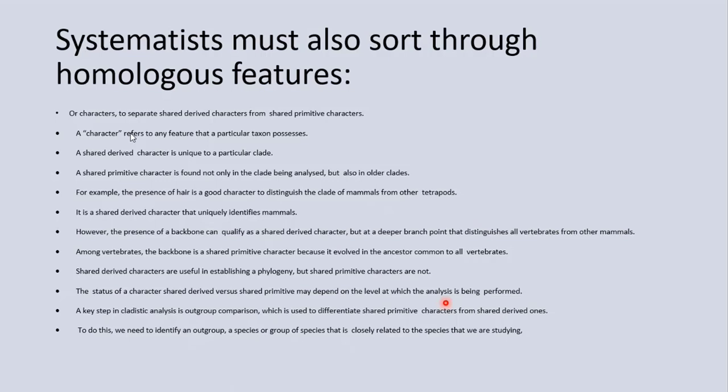So to do this, you will need to identify an outgroup, a species or a group of species that is closely related to the species you are studying, but known to be less closely related to them than the other species or groups are to each other. And I must say that all of this will make sense when you are doing the exercises and examples